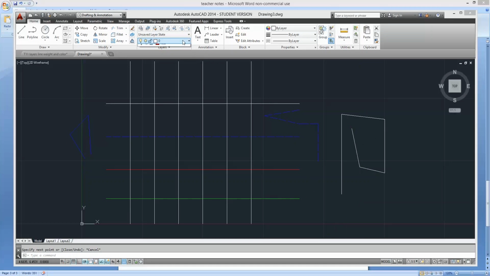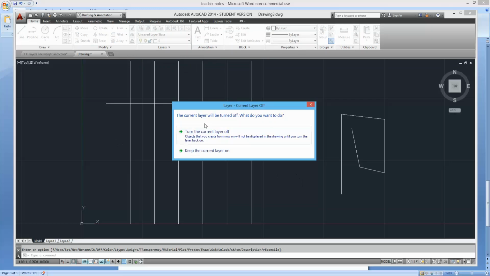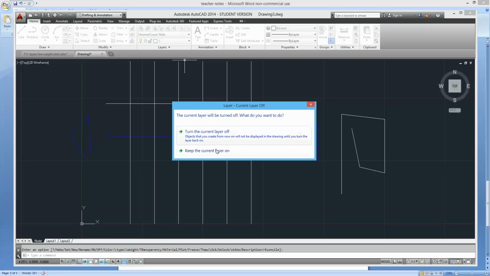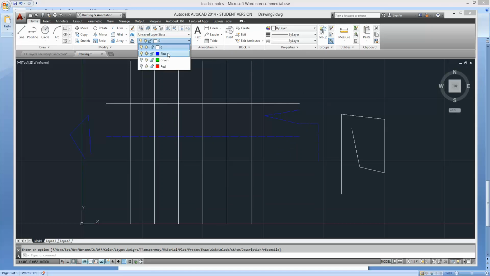Okay, so now let's say I want to get rid of everything. I just have to turn off all of the different layers. All of the layers disappear except for my defaulted layer, and even if I want to get rid of that, it'll actually come up. I have to have at least one layer on, so I will X out of this, turn on my blue layer, turn off that one, make this my current,